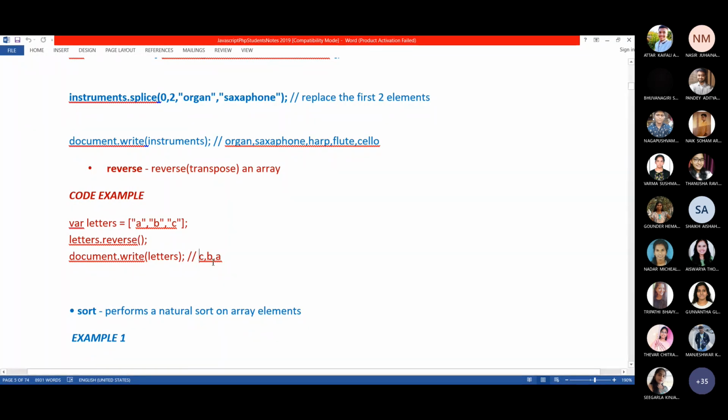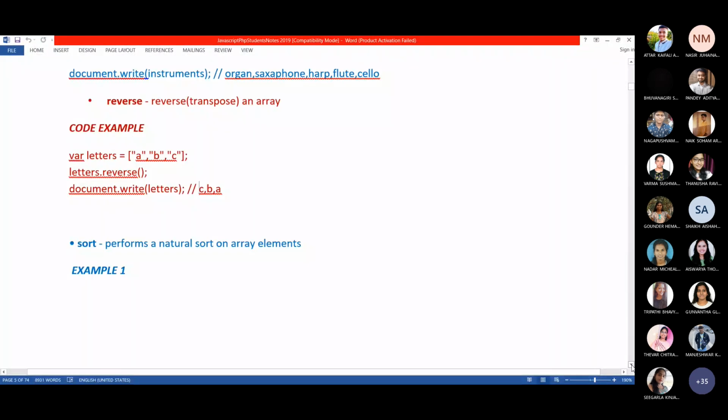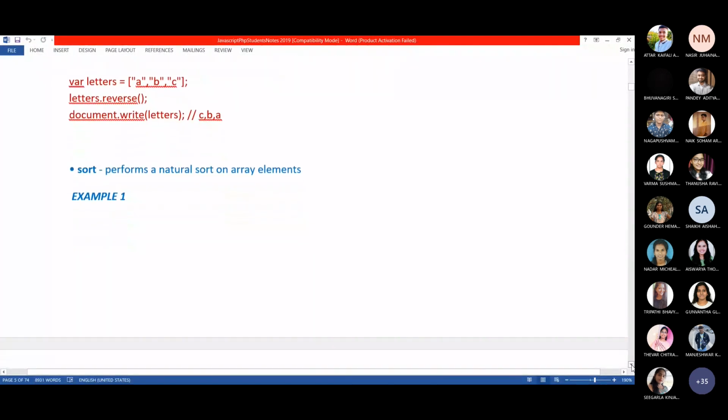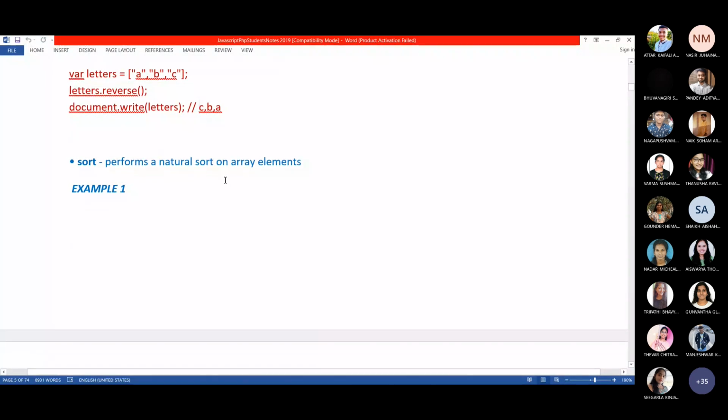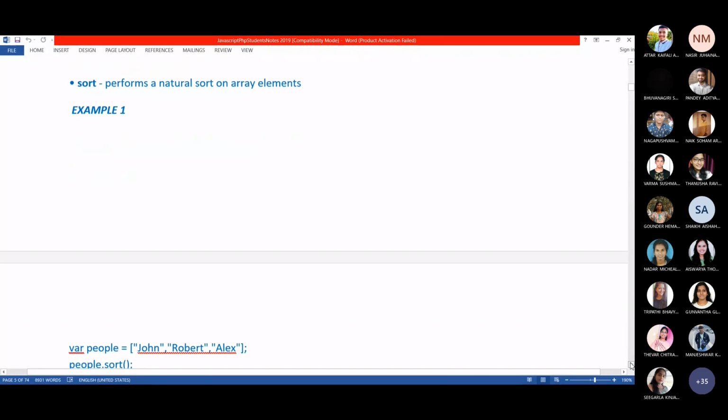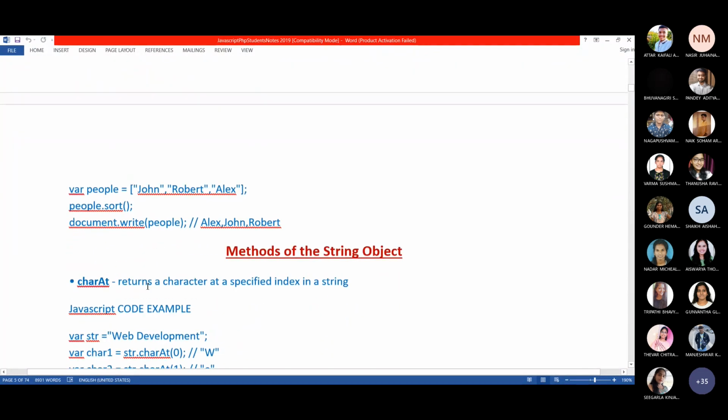Then we can use sort, but using sort we can perform only the natural sort, in ascending order. It performs a natural sort of the array elements. It will arrange the array elements in ascending order. That is an object I have created, which is people.